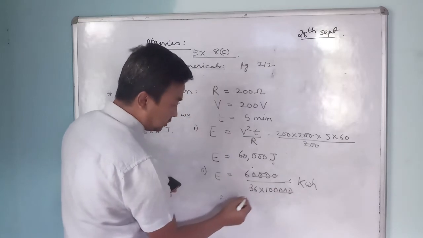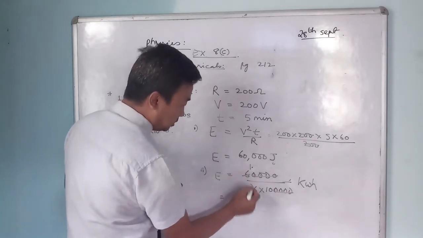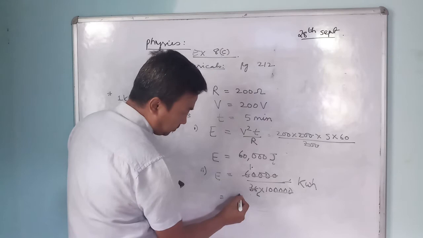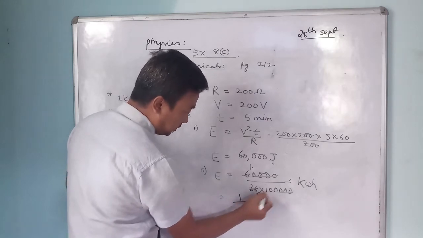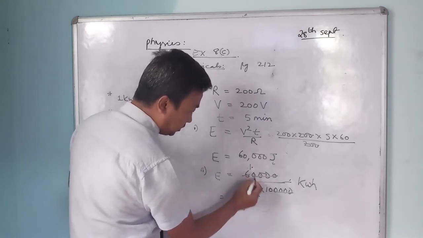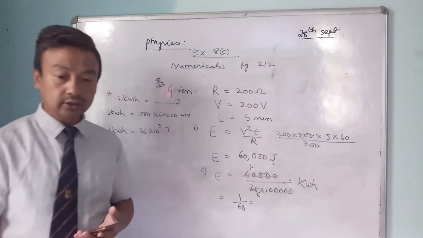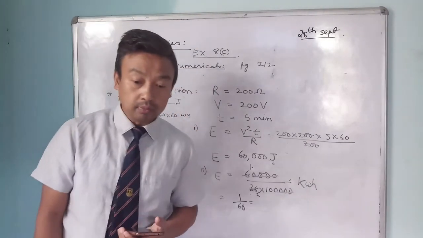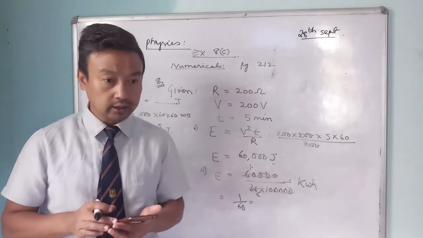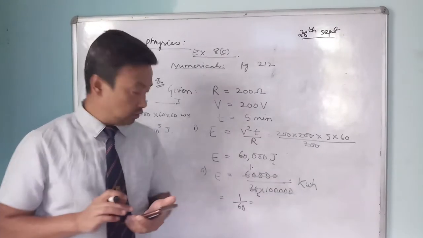Cancel, so you will get 6, 1 by 60. I think yes, 1, 2, 3, 4, 1, 2, 3, 4. So after solving this, you will get the answer in decimal point. Please try this. How much will you get? You will get around 0.016